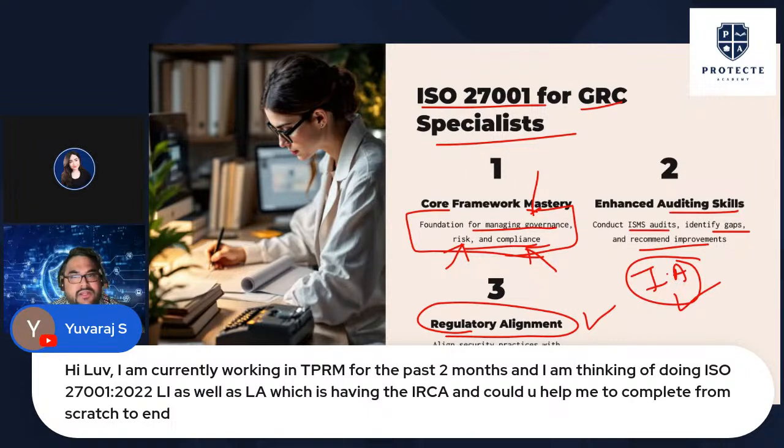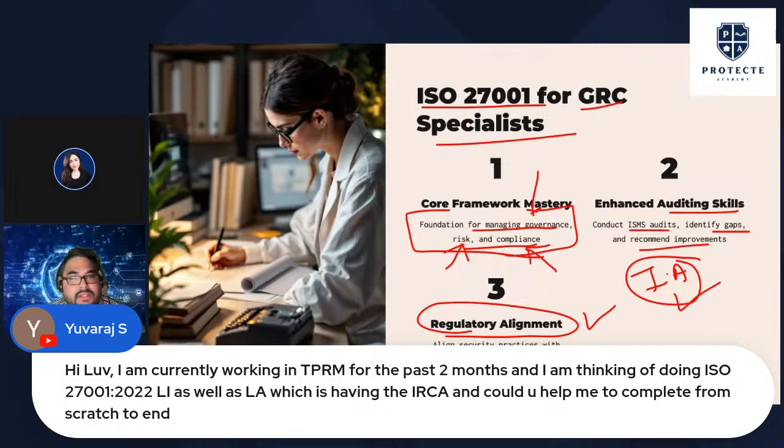I think he wants to understand completely from scratch to end how it will help. ISO, yeah, right. So I think he's looking to get both certifications, the lead implementer and lead auditor, and he's asking if he can join on with the journey that you're on currently. Yeah. So definitely, Yuvraj, a very good add-on for you if you are from the third-party risk management domain, because